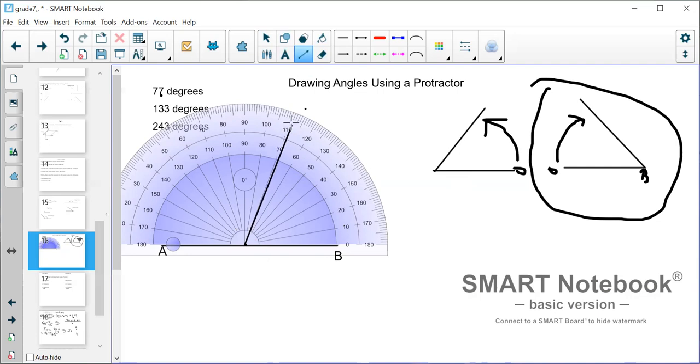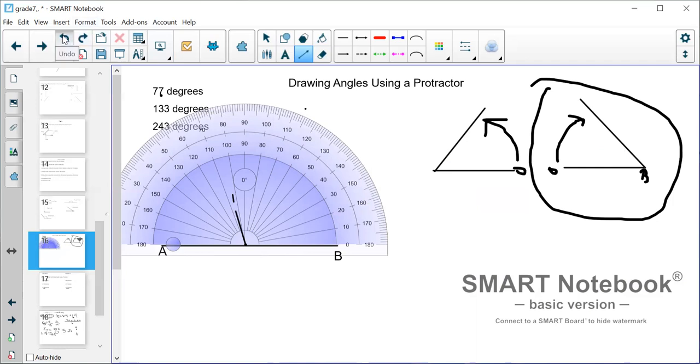So you find 70 and you count 7, and that would give you this line here. That is 77. Now, on the other hand, if I want to draw it like this one here, that is circled here,